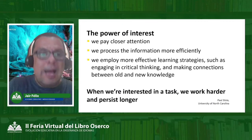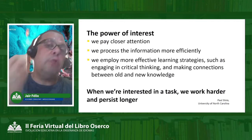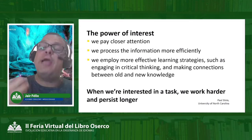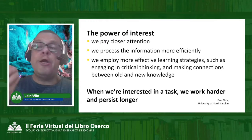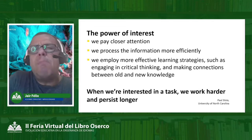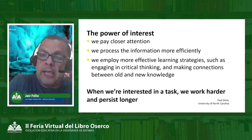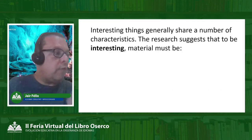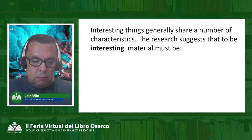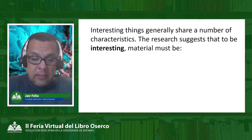Real world content allows students to become interested in the practice of language, and they pay closer attention, and they process information more efficiently, and they use more effective learning strategies. They work harder, they persist longer when they're interested, right? But you might say that what is interesting to one student may not be interesting to the next, when in reality, interesting things generally share a number of characteristics, right? What makes something interesting? Again, according to Sylvia,